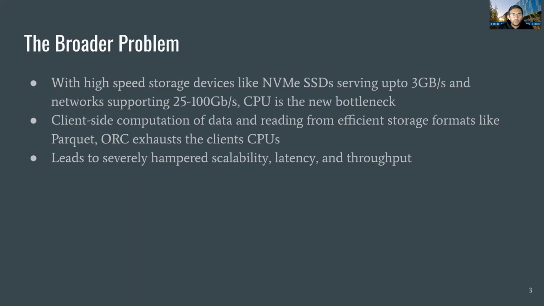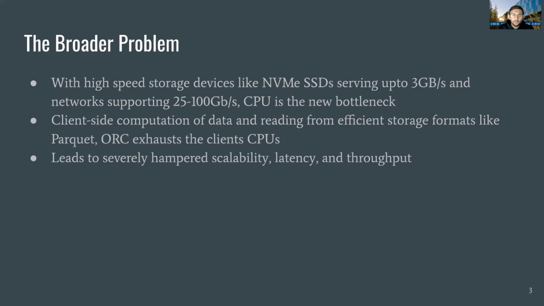So the broader problem. With high-speed storage devices like NVMe SSDs serving up to 2 to 3 gigabytes per second, and with the introduction of high-speed networks in data centers supporting up to 25 to 100 gigabits, the bottleneck has moved from the I/O layer to the CPUs. So basically, CPU is the new bottleneck in today's high-performance systems. This issue is mostly seen